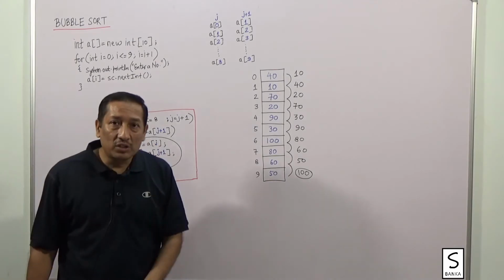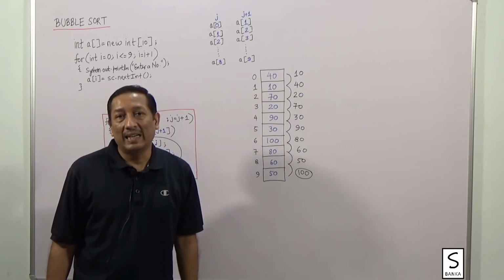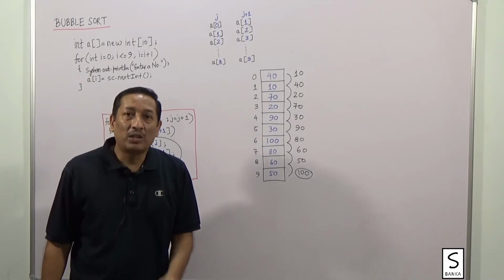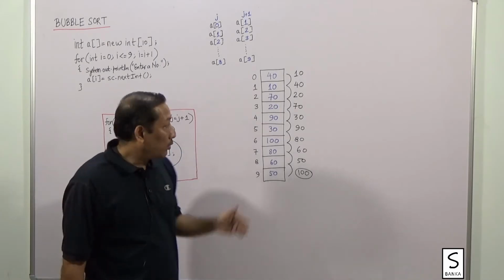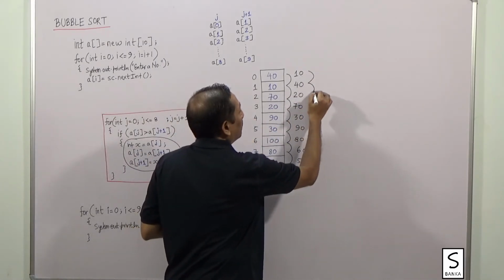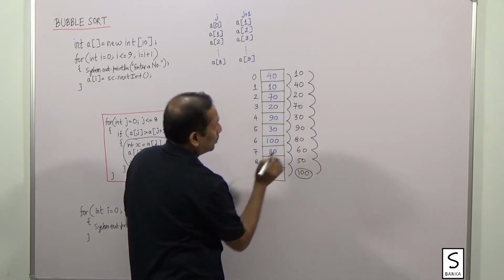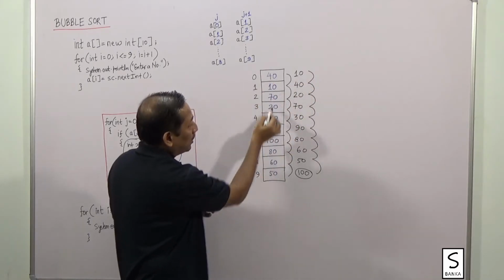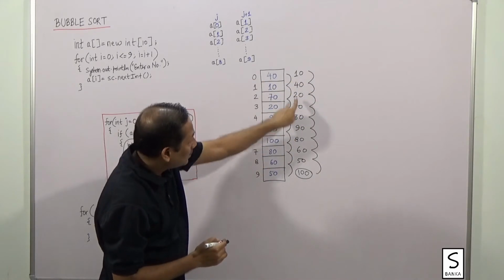But as you can see, this process did not arrange the data in ascending order, rather it simply brought one data to its proper location. How to get the remaining data? We will need to repeat the entire process again. And when we do so, now you see, now this is not the array. The array does not contain this set, array contains this set.